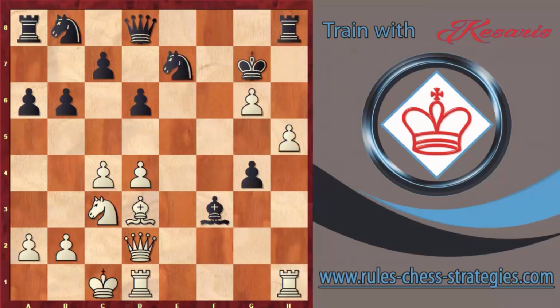But he went king h8, and he thought that he could stop this idea, but he cannot do that because after h6 we are protecting this pawn with the rook and queen. And now he went back, another check here, king d7, queen h6 check, king f6, and now we just